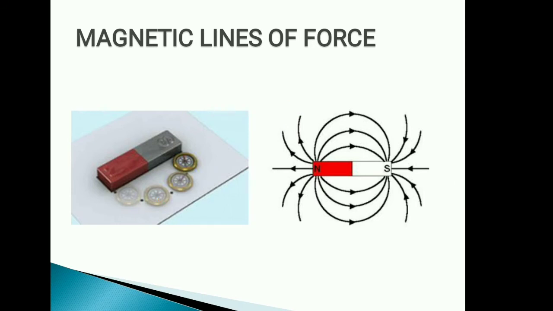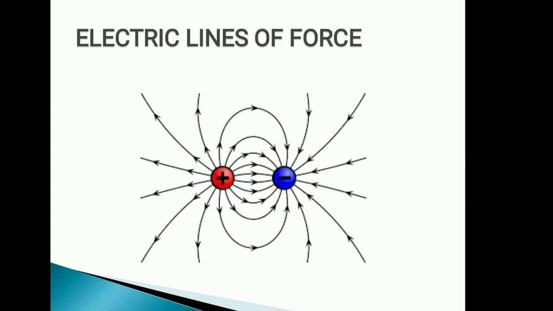Similarly, the procedure to draw the electric lines of force. So here the bar magnet is replaced by the charges. So this time I am keeping the plus charge and the negative charge. Here you can also draw without taking the two charges. You can also draw by putting one charge. But here I am taking plus charge and minus charge.